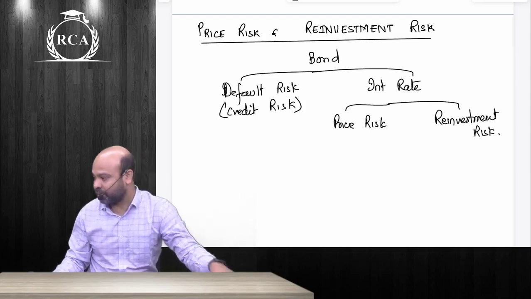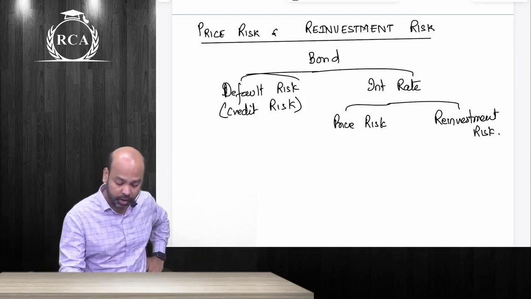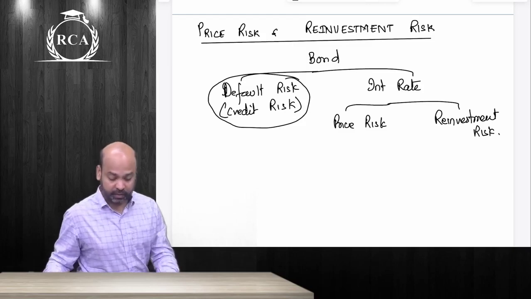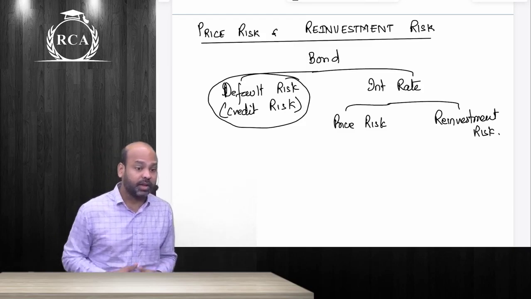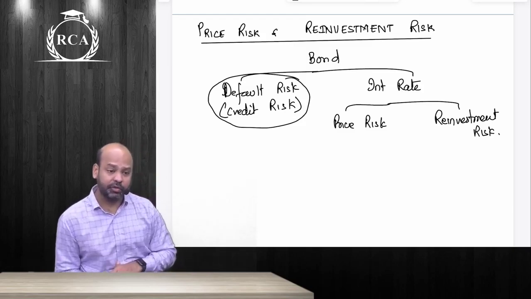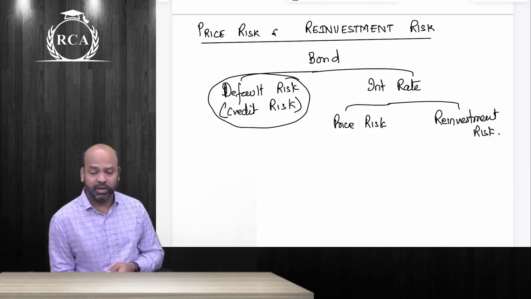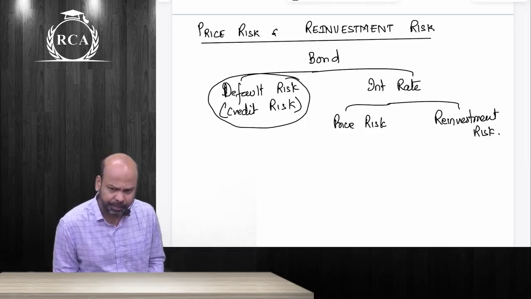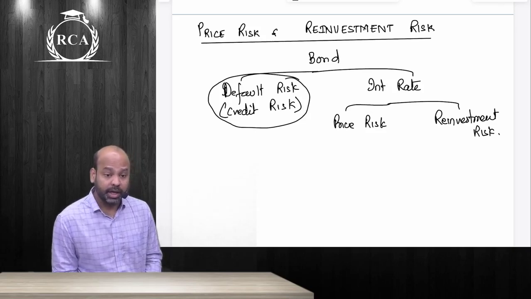Let us understand price risk and reinvestment risk, guys. There is nothing much that you can do about default risk, but we can try to mitigate the price risk and try to mitigate reinvestment risk. Reinvestment risk, guys, is whenever cash flows are realized during the period of the bond. You are not realizing the entire cash flow at once. You are realizing the cash flows in parts, beta. The effective return that you are generating, I told you, will all depend on the rate at which you are